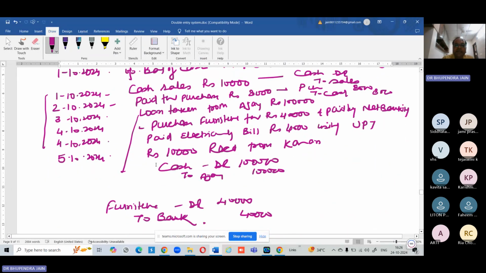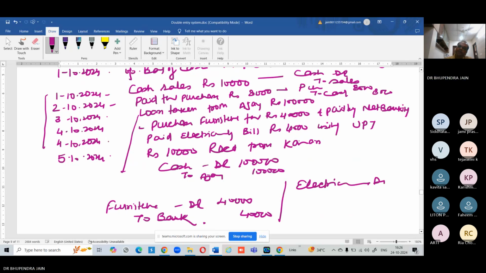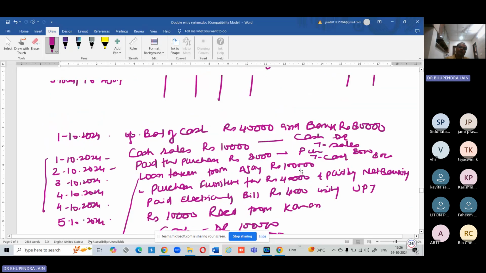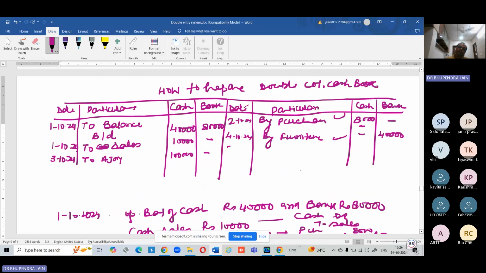Now, next entry: paid electricity bill rupees 4,000 using UPI. Again, the entry banega electricity bill account debit to bank, not cash, because payment was made through UPI and UPI is linked with the bank. So that's why the entry is electricity bill account debit to bank. How much? 4,000. So we will record it in the credit side, in the cash book, in the bank column with the name of the electricity. क्या लिखेंगे बेटे यहाँ पर, on date 5th of October